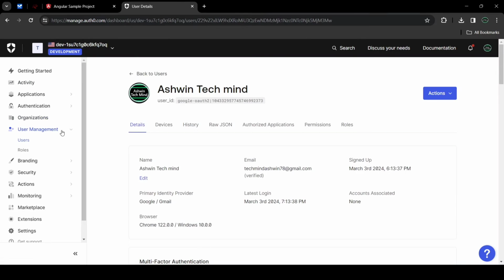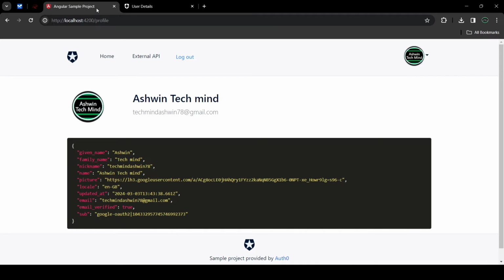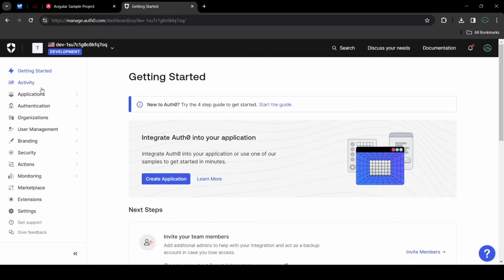Let me show you how you can build an Angular project step by step. Okay, so first of all you just need to create an account on manage.auth0.com and after that you will be redirected to the dashboard where you can create your application. So click on create application,